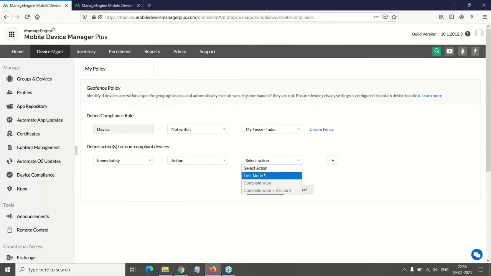If I choose action and if I choose lost mode though, the option called lost mode will get enabled on it automatically. I will explain what lost mode is. That option is available under inventory. I will take you through it in a few minutes. For now, you can know that lost mode gets enabled automatically. So the device will get locked down in such a way that the user cannot access anything else on the device. So it should be brought back inside the configured fence and notified to the MDM admin for the device to be brought back to normal mode.